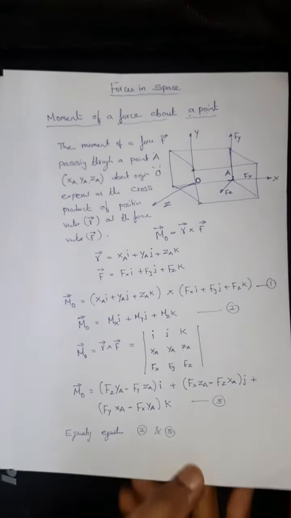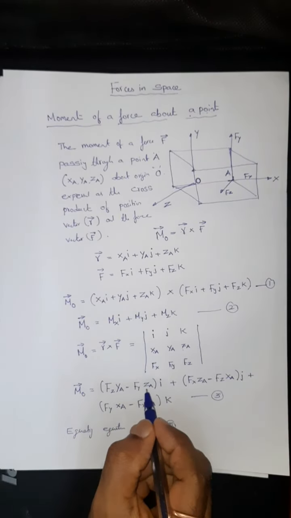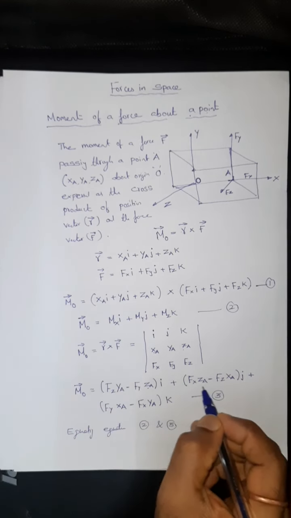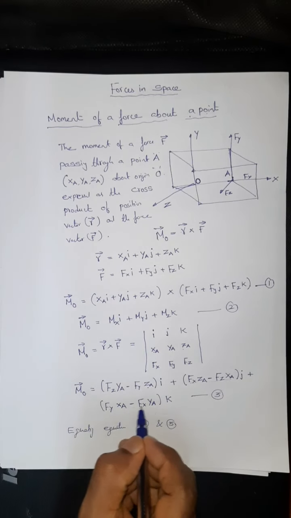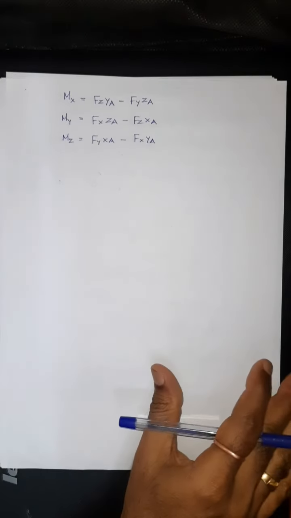So look at here, this is moment about x direction, this is moment about y direction, and this is moment about z direction. So that is what I have written here,